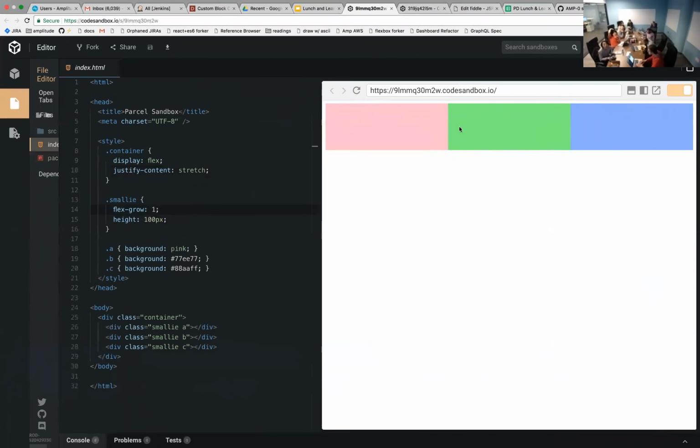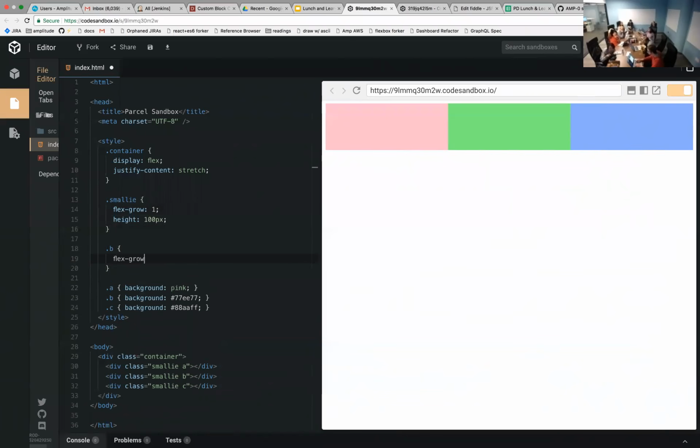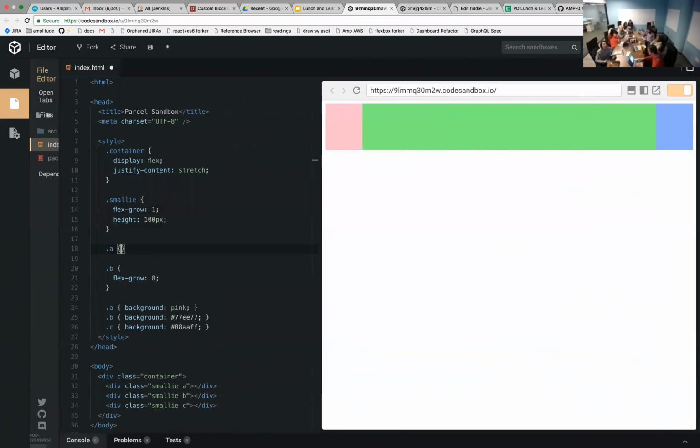So each of these has flex grow one, and then we can override one of them. Let's say we want the middle one to be flex grow two. And so we say, yeah. The magic. Not super complicated, but and then let's make A to be height